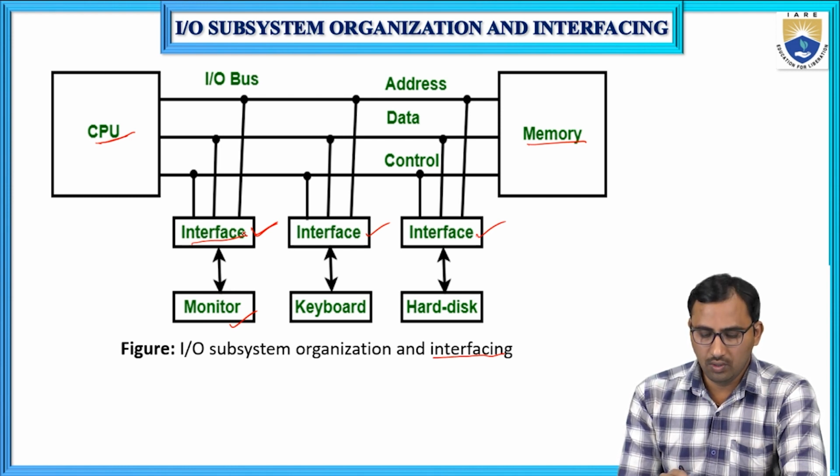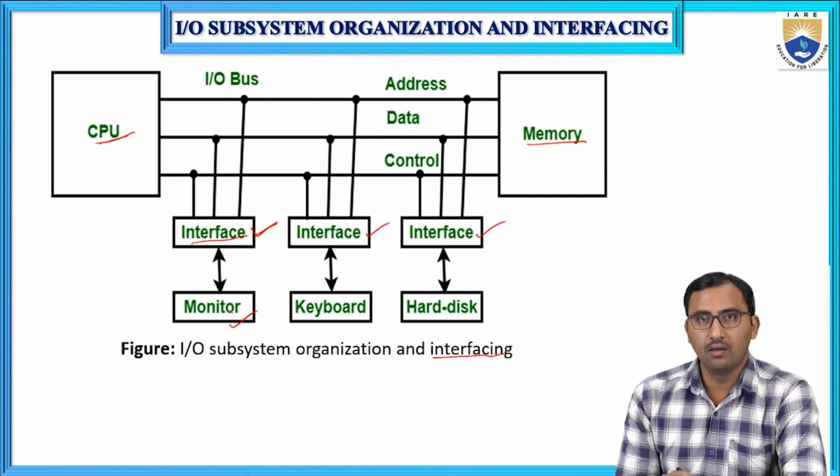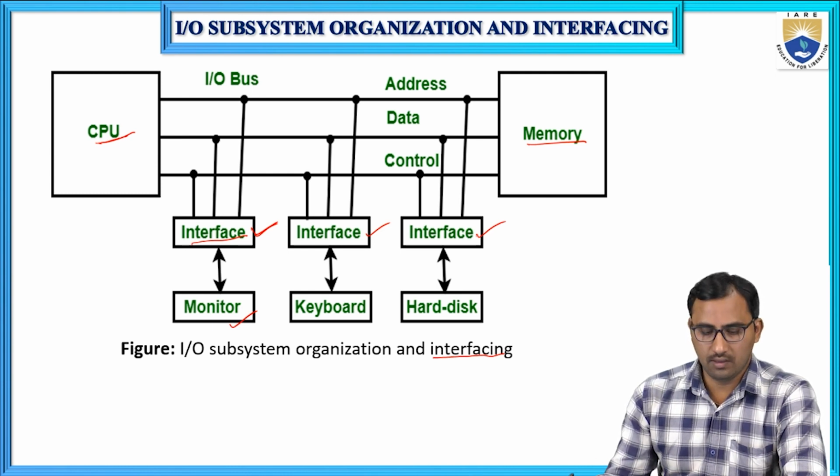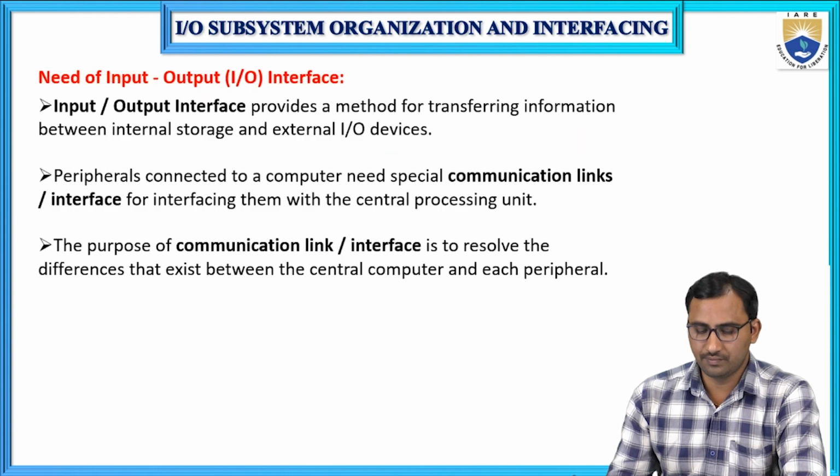That's why we are using the interface circuit in between the CPU and the IO device. Already we have seen that some differences are there between the CPU and the IO device. We will see the major differences between the IO device and the CPU. First we will see the need of the